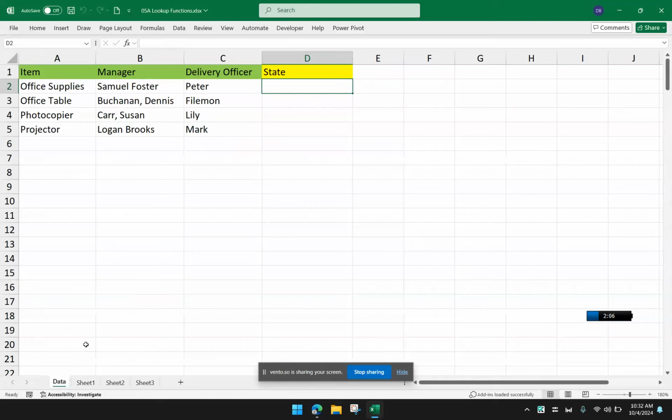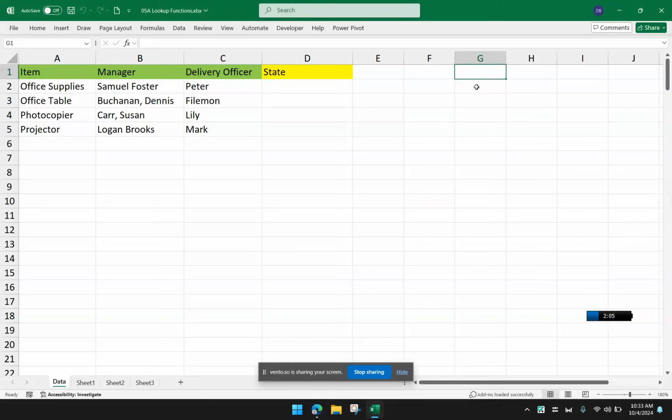Now there are two ways to do this. You could of course use VSTACK in a separate table, and maybe I will do that so that you would know what VSTACK can do in the first place if you haven't really used this function. But if you're familiar with VSTACK already, maybe you can skip ahead to the middle of this video to find the answer to having just one formula instead of a separate column or table, because VLOOKUP can take in the VSTACK function, which I'll show later.